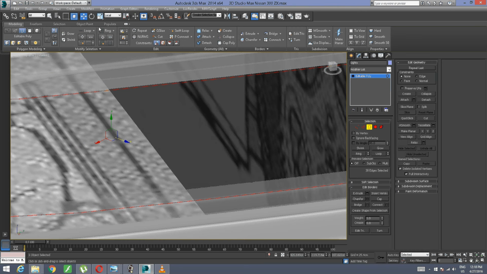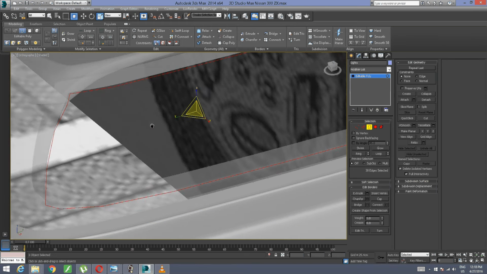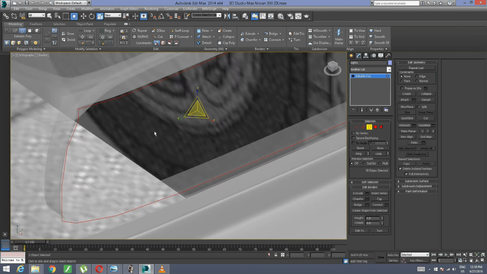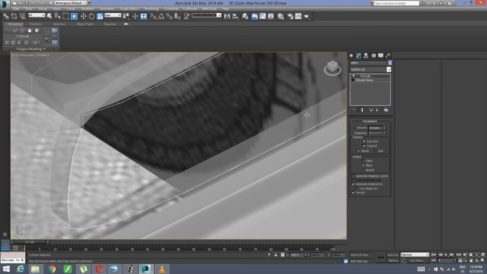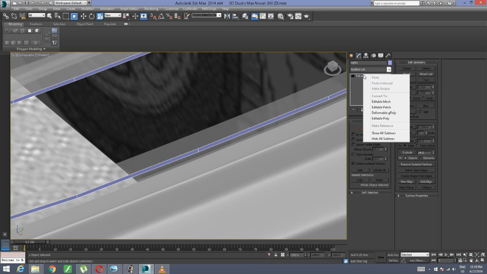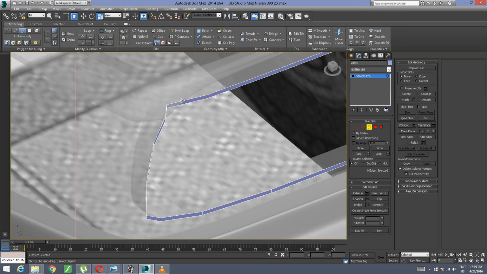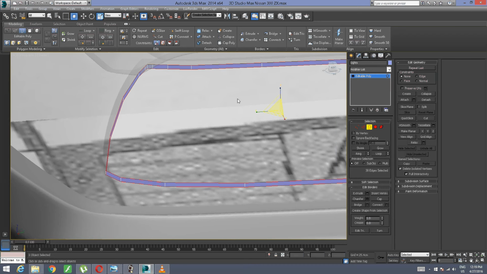And now I'm just going to go world, scale, actually I might go out of that, and I might increase that more, a little bit up like this, like that. And now I'm just going to go collapse to, and convert this to editable poly, convert that to editable poly. And now I'm just going to go into border right here, go front,